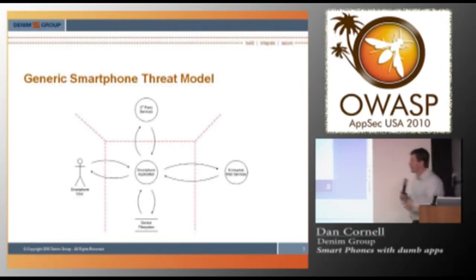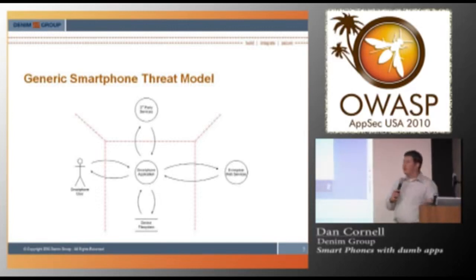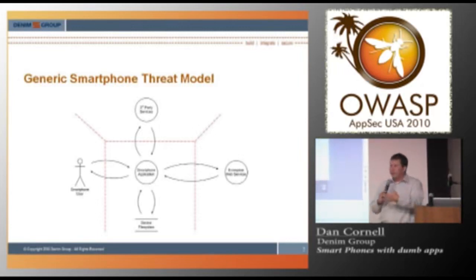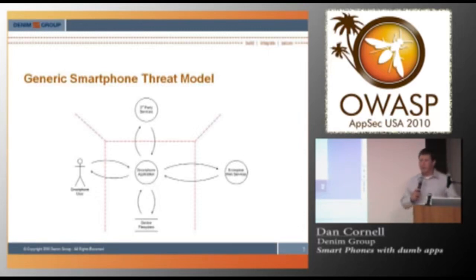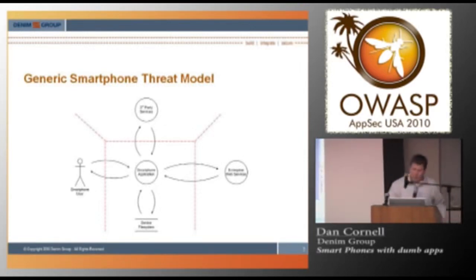But most of the organizations that we talk to have accepted the risk. They've said, we know that our customers are going to be using iPhone, we know that our customers are going to be using Android phones, and we've got a business case that says we need to provide them with an application. So the security of the platform is not something you're making a no-go decision on. The decision's typically made: we've got to come out with an app for this platform. And so the focus is more on the security of their customers.